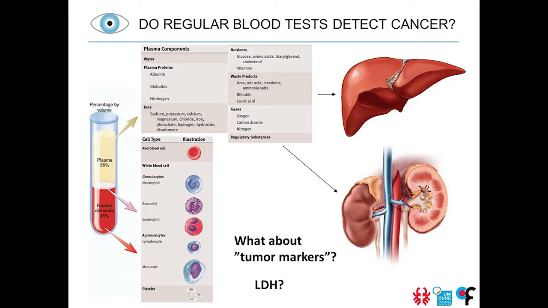But if we know that the liver of the patient is affected by tumor cells, so metastasis, and if the blood tests that tell us how the liver is going are getting worse, we extrapolate and then we see, okay, the tumor might be growing. So we should have a CT scan or a PET CT. So this is why blood tests help us in routine practice, okay?